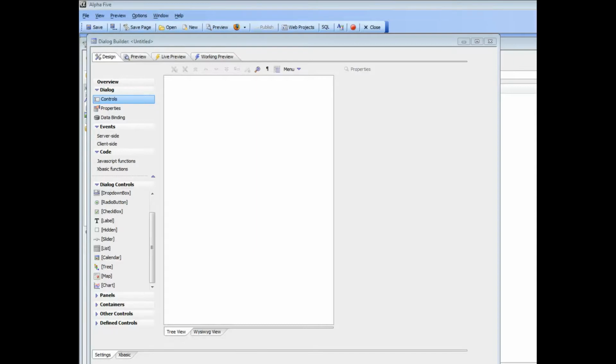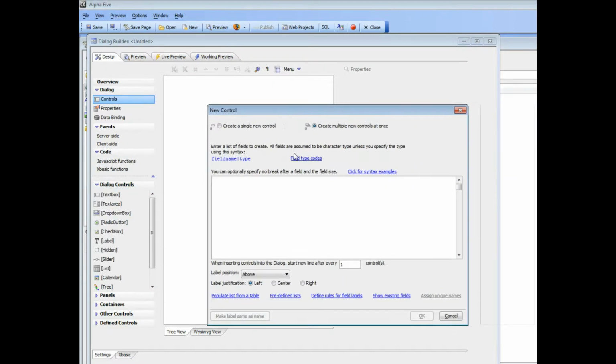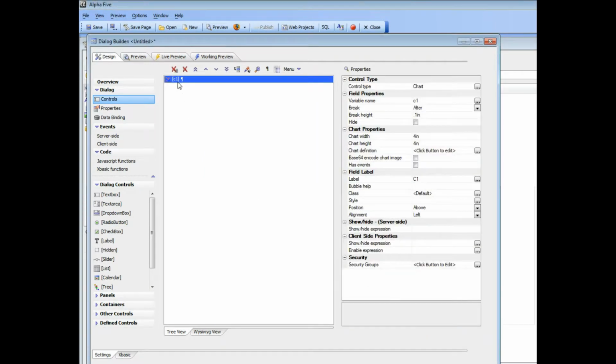In this video we'll demonstrate how you can go about adding a chart control to a Dialog component. So you can see here we have the Dialog component builder open, and now in the list of available Dialog controls you'll see chart. So we'll click on chart and add a new chart control. We'll just give this chart an ID of say C1,